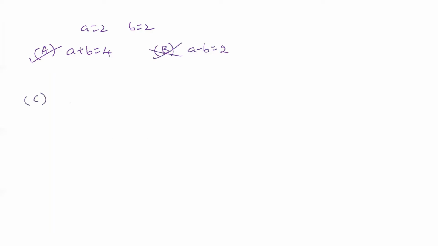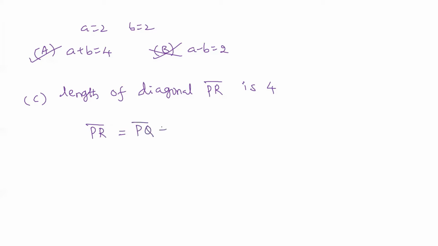And option C, they are talking about the diagonal. So they said the length of the diagonal PR bar is equal to 4. So this is your third option that they have given here. So we can find out the diagonal, right? PR bar is going to be simply the resultant vector of the two sides, that will be PQ bar plus PS bar. PQ bar is going to be a i cap plus b j cap, and this is a i cap minus b j cap. Which is going to give you 2a i cap, which is equal to 4 i cap. And if I talk about the magnitude of this diagonal, it is going to come as 4. So definitely option C is going to be the right answer.